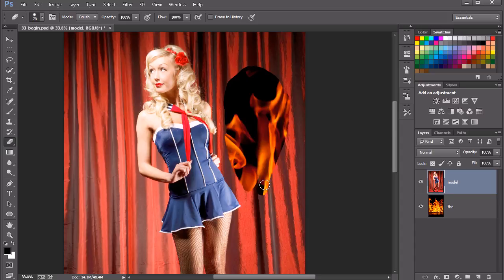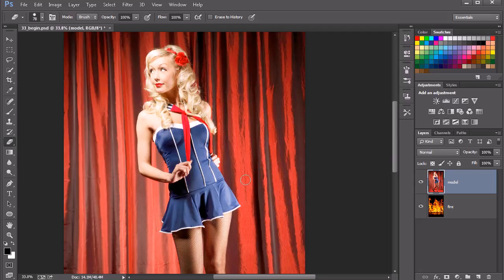But what we're also doing as we use our eraser tool to erase these pixels is we're destroying these pixels. Once we have done this enough times and we've run out of undos, we can't go back and get these back unless we load a previous version of this file or revert the file. So this is not a good habit to get into in terms of removing the background. It's very destructive. So what we can do instead, let me just hit Control-Z to undo that, is we can